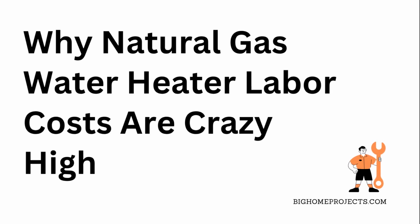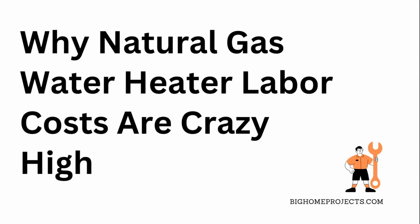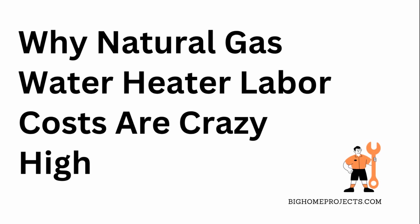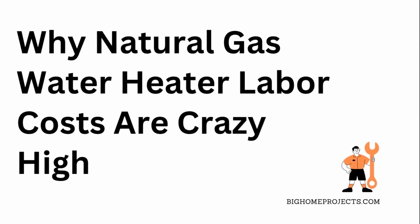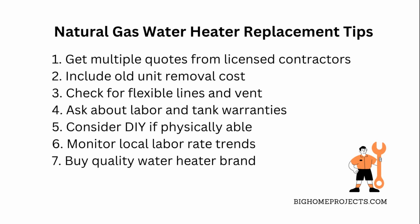Natural gas water heater replacement labor prices have seriously skyrocketed, and it's leaving a lot of folks scratching their heads, wondering why the heck it costs so much now. Okay, so if you're looking to replace your natural gas water heater without getting ripped off on labor, here's the